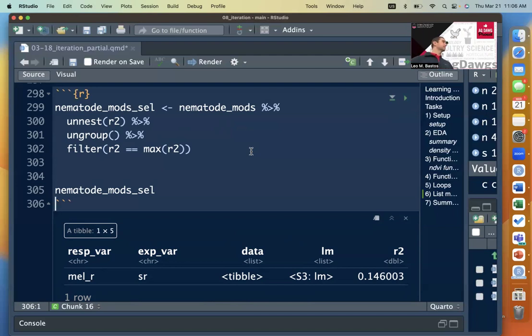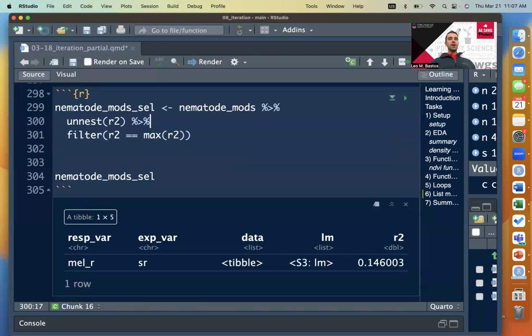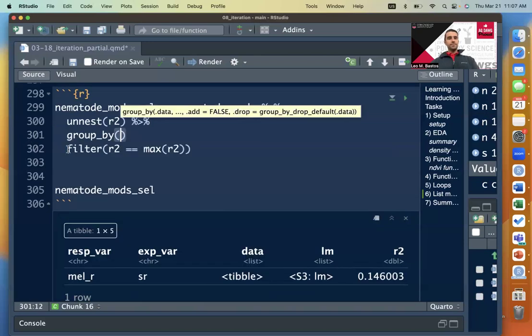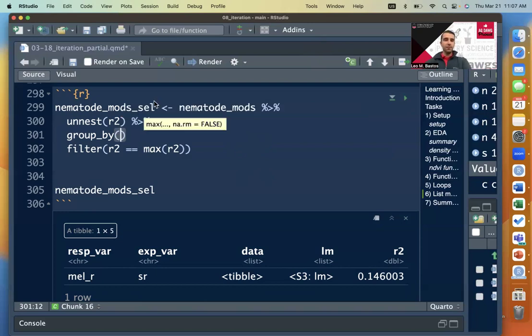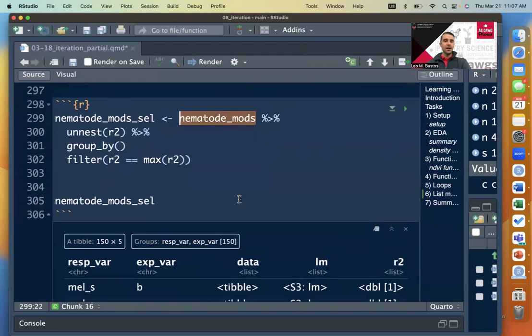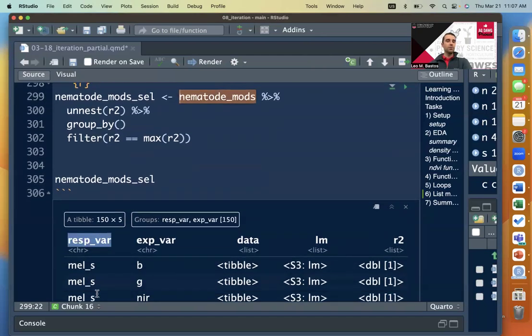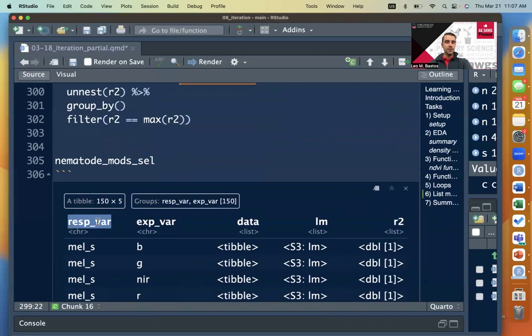All right, I'm going to help you out here. The ungroup here is helpful to understand that there was a grouping that was being affected. So we ungrouped, so we have no grouping. But really what we need here is a group by. Somebody said something, group by, yes. So Gonzalo is saying group by rest_var. That's spot on, Gonzalo. So we group by, and then if you remember here on nematode mods, I want the best R square for each nematode variable, which is under this column here. So if I group by rest_var and then filter,